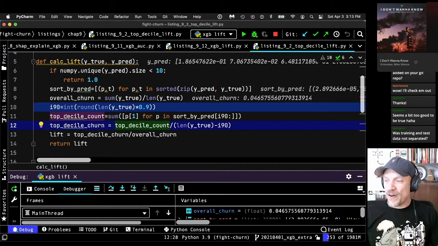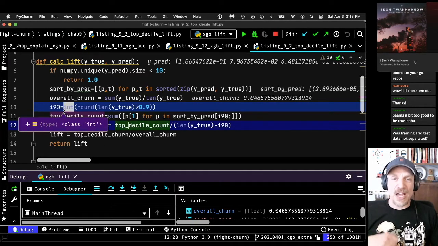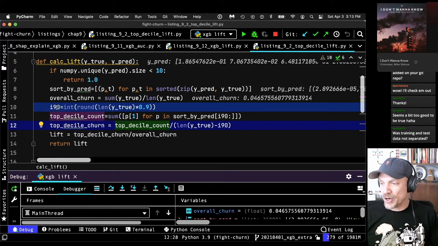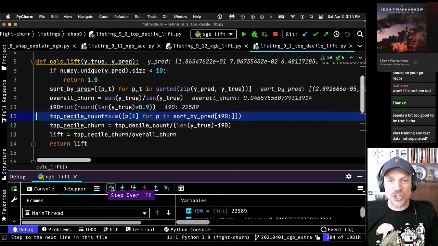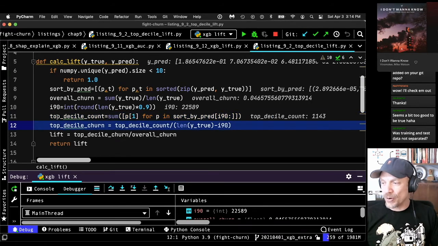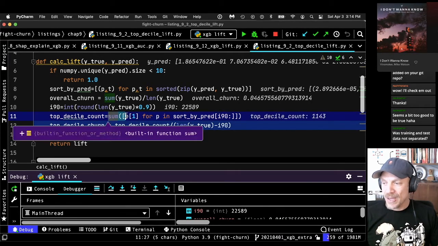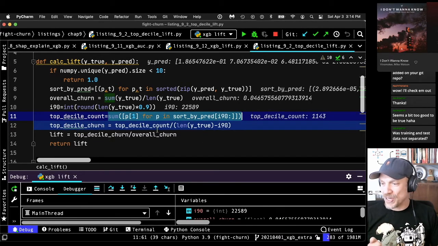So next we find the index of the 90th percentile, which I call here i90, and that's simply a little integer division. So the 90th percentile is at the 22,000th example. So next I'm going to get the count of the churns in the top decile with this sum around my list comprehension.